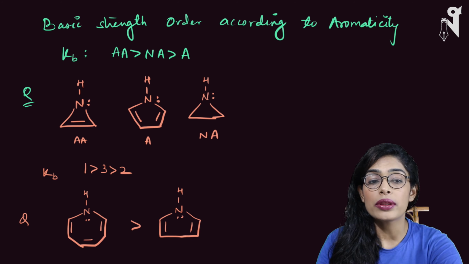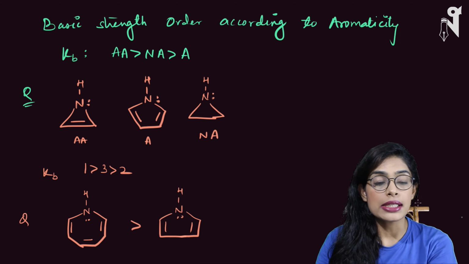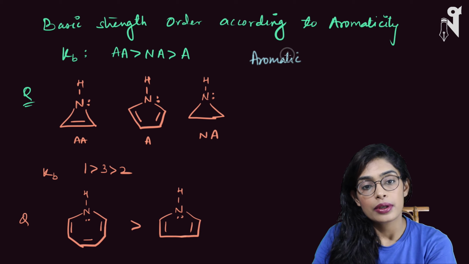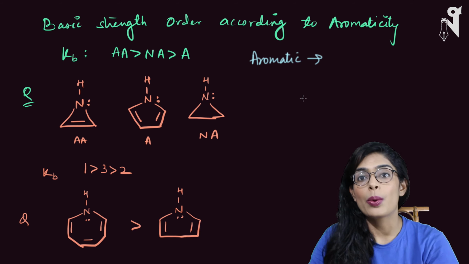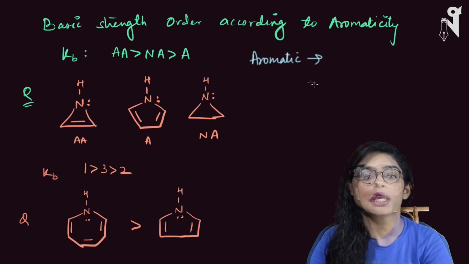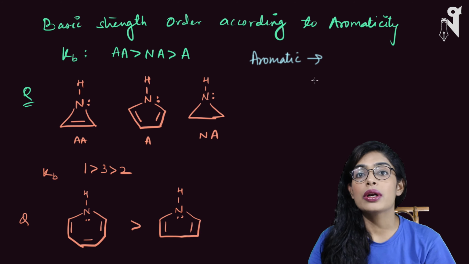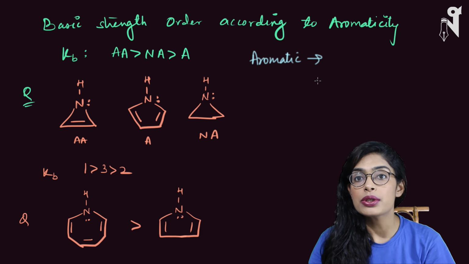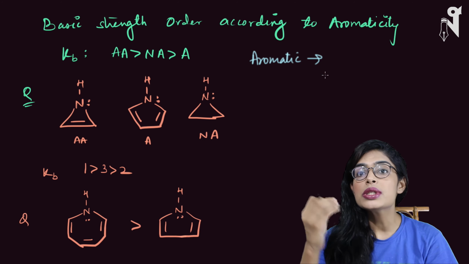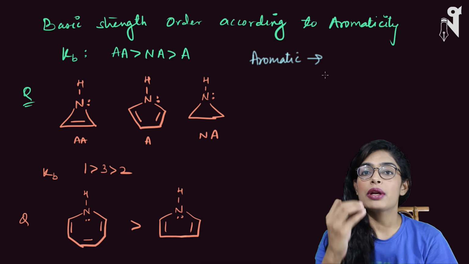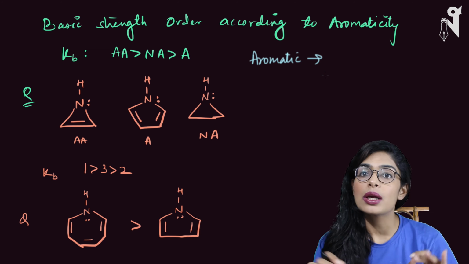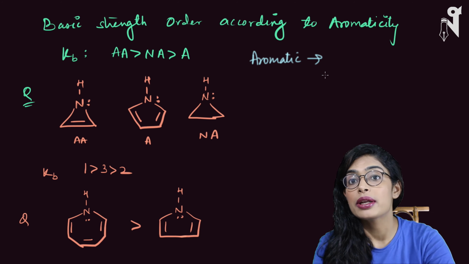Here you have to understand one thing very, very clearly, that is, when you're talking about an aromatic compound, if you are taking an aromatic structure where nitrogen is embedded, in that case, what is the possibility? If the nitrogen's lone pair is involved in the resonance, and when it is acting as a base, it is basically losing that pair of electrons, or that pair of electrons is going away. In that case, the aromatic molecule gets converted into the anti aromatic molecule.